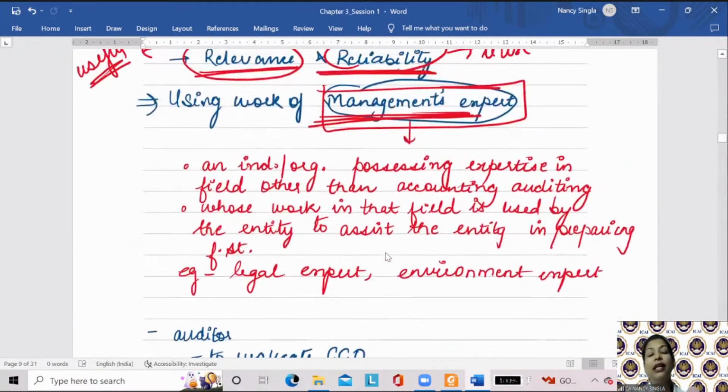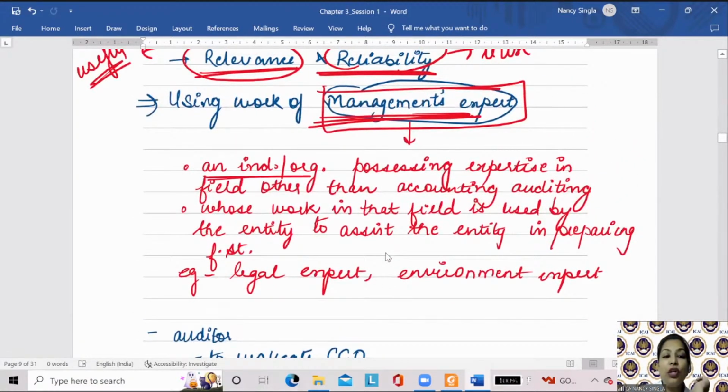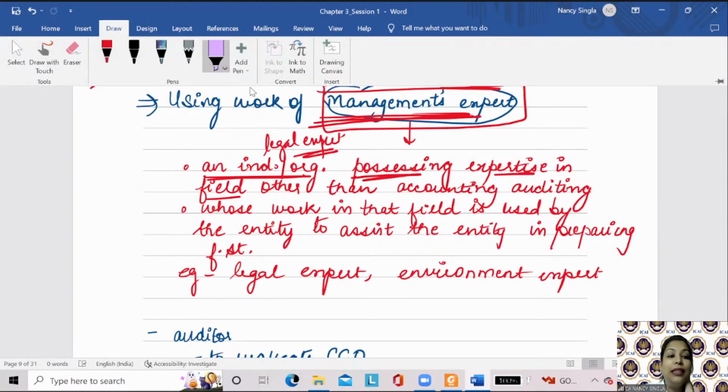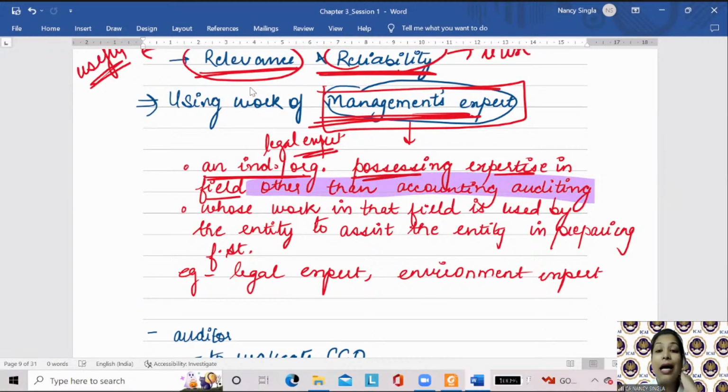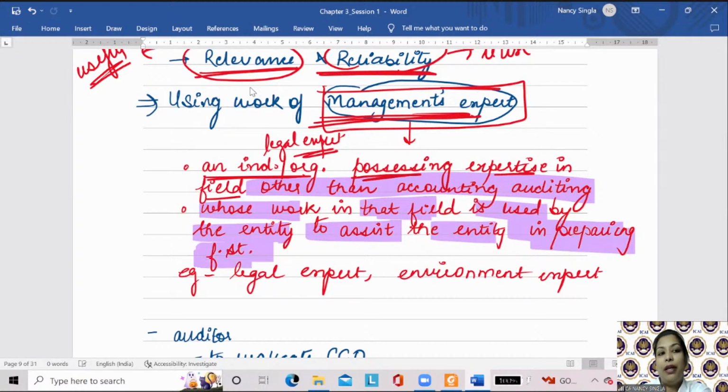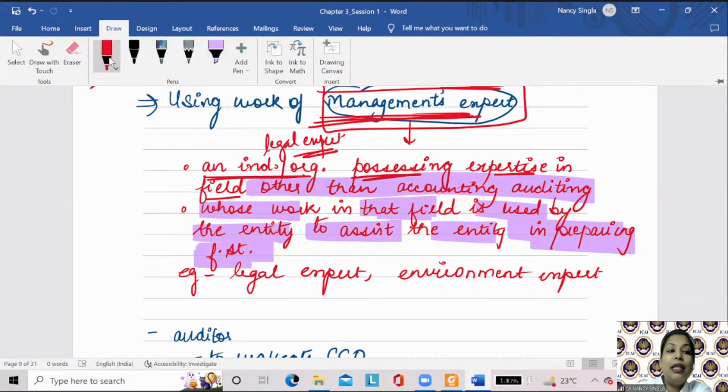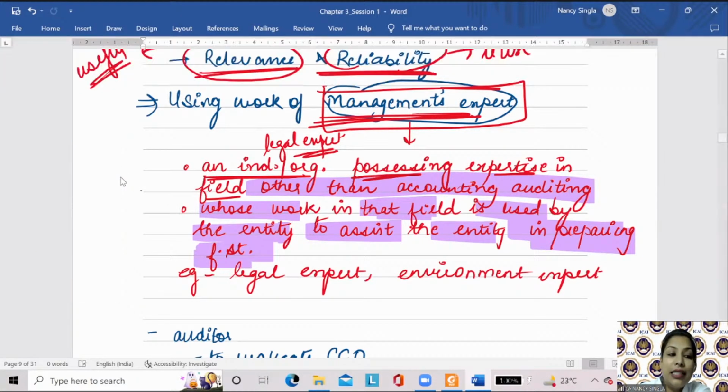So first, let us try to understand who a management expert is. An individual or organization. We took the example of a legal expert in our example. Possessing expertise in a field other than accounting and auditing. In accounting and auditing, the auditor is the expert. So the individual or organization possessing expertise in a field other than accounting and auditing, whose work in that field, like a legal or environment expert, is used by the entity to assist the entity in preparing the financial statements. So let's say the company, A Limited in our case, has taken